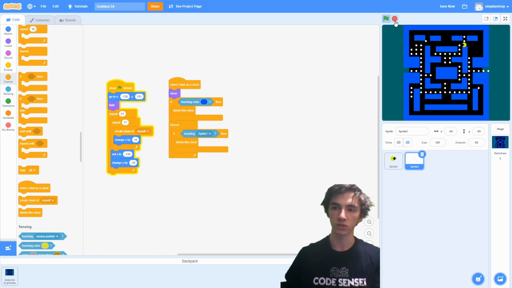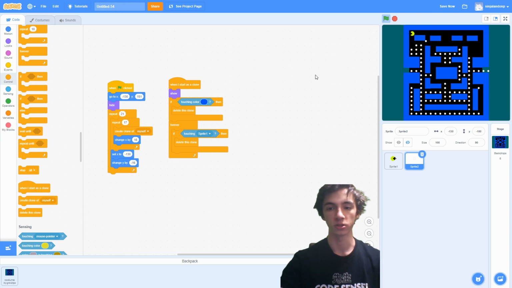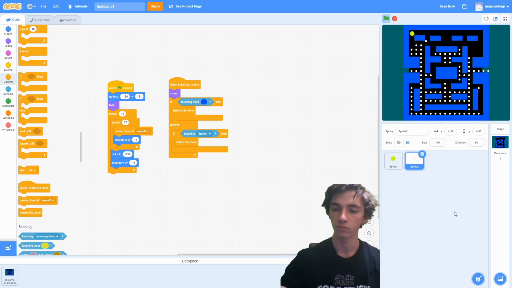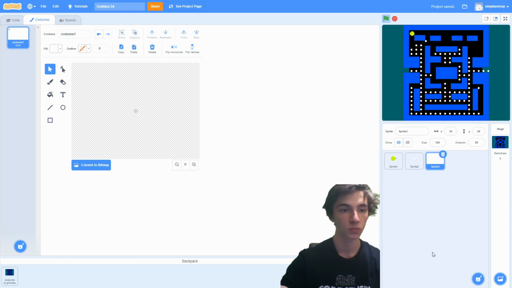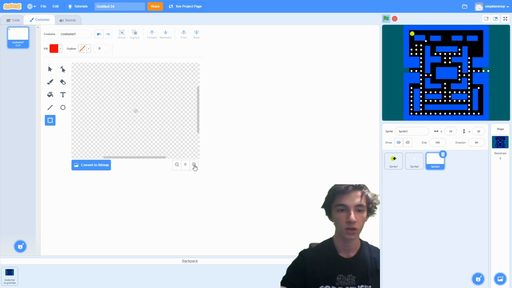I say for now this is fine for the dots, and I say we could move on to programming the ghosts. Let's first draw a ghost. We're going to hover over this button and then click the paintbrush. And let's draw Blinky, the red ghost. So we'll grab a red color, and I'm just going to draw a rectangle here, and then a circle for his head,